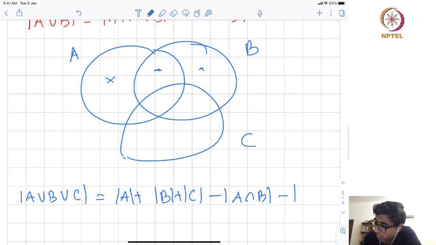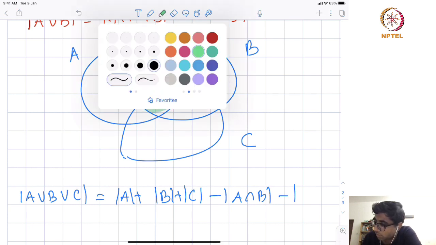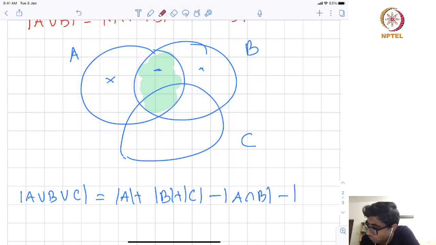So, this is going to subtract these elements, the cardinality of A intersection B. Now, I also need to subtract out these elements. So, this is given by B intersection C, but now I also need to subtract out